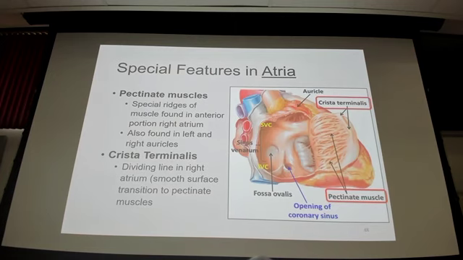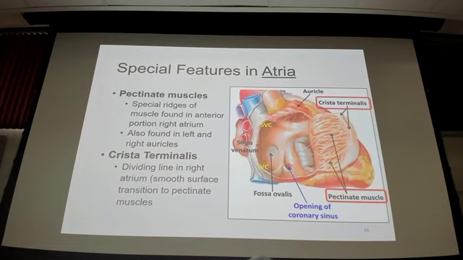But today's putting more meat on these bones anyway, so we are going to reinforce these concepts, but I just want to highlight a couple things about this slide. What are we looking at? What is filleted open in this slide? The right atrium, exactly. So these pectinate muscles and this crista terminalis are things that are found in the right